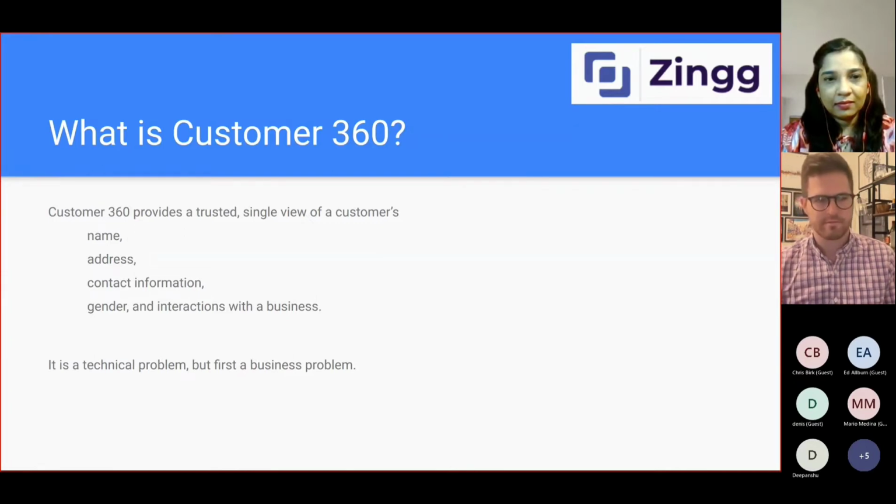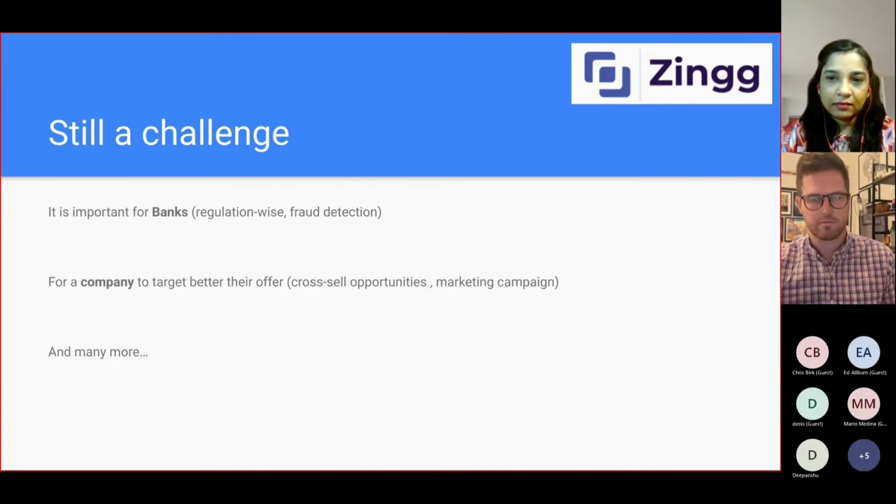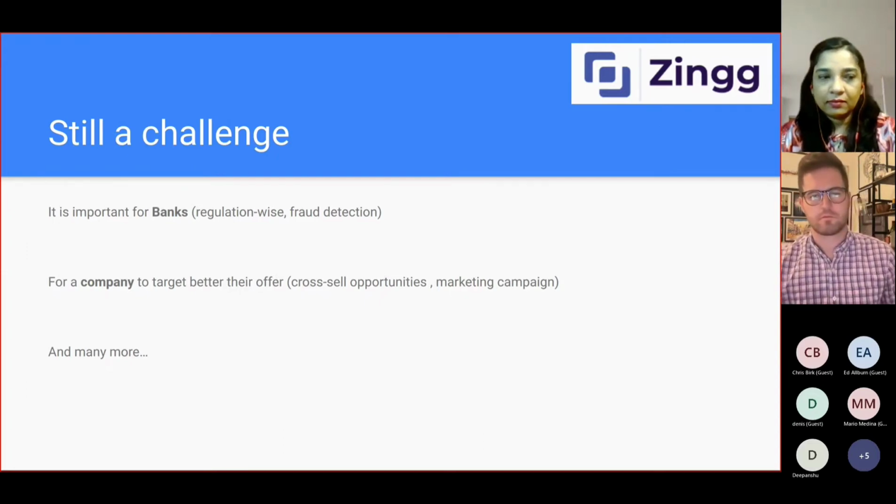Let's give an example, like Peter Simpson, for instance. It can be tricky to link all the Peter Simpsons together. It's a technical problem, but mostly it is a huge business problem for all companies. And even if a lot of companies have put a lot of effort into that, it is still a challenge. So just two examples. It is important for banks because in terms of regulation, such as BCBS regulations, it is mandatory now when you're a bank to be able to present